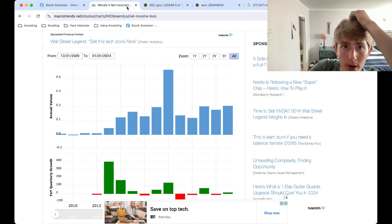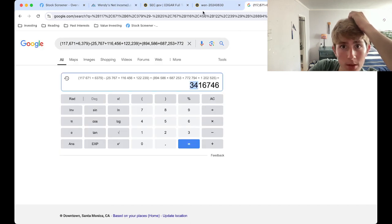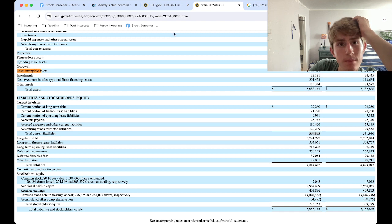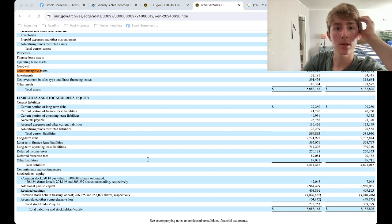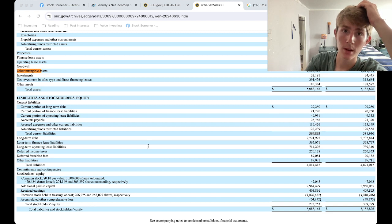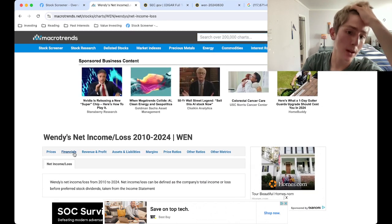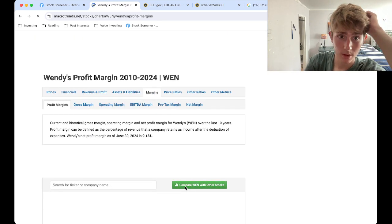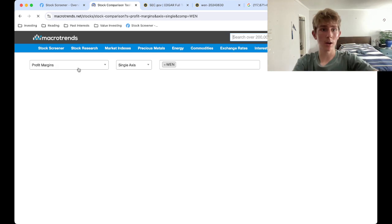I'm not impressed by their earnings at all. 17 yield is not very good. And they have major competition with McDonald's and their other competitors, like major. And people do have favorites. Like there is definitely direct competition. So since I'm not so happy with this, I'm going to compare finally with operating margin